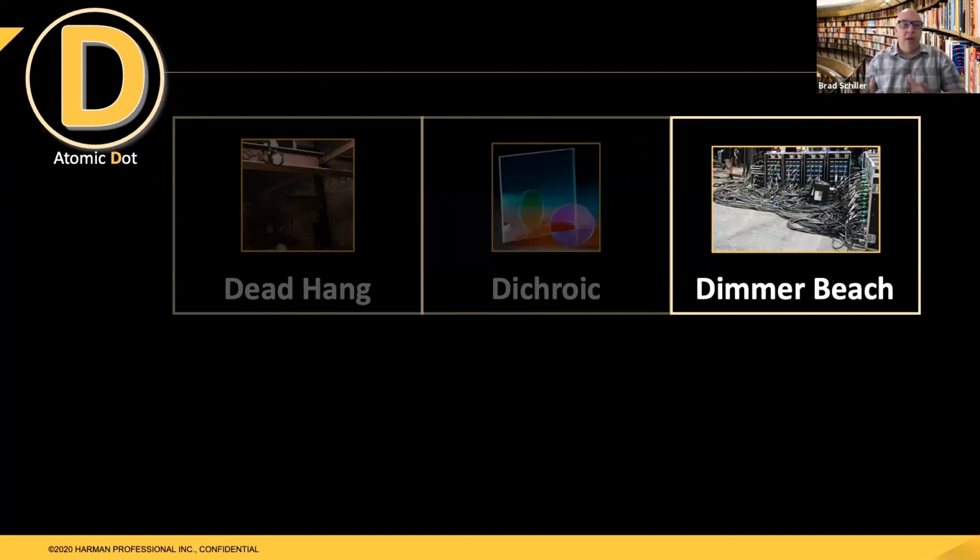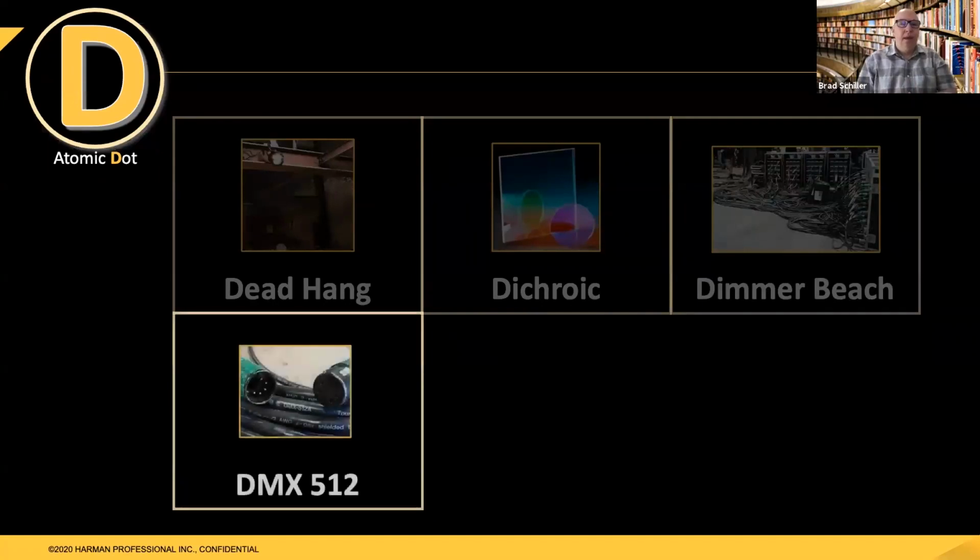Originally, a lot of shows had dimmers. They had conventional lights, and you had to have big racks of dimmers to adjust the power or the electricity going to your fixtures. And where all these cables landed down from the rig was kind of like landing in an area, and it became known as the dimmer beach. I don't know who or when that term was coined, but that was kind of known. Nowadays, shows don't have that many dimmers. They have racks and racks of power distribution, and breakers and things, but that term still sticks around, and we still call it dimmer beach, although it's not really dimmers there anymore.